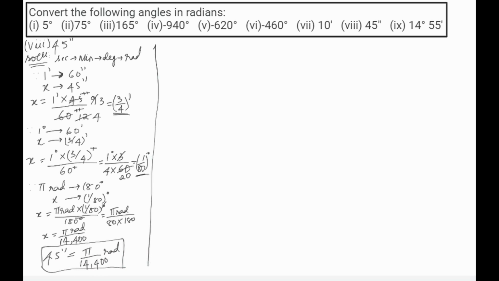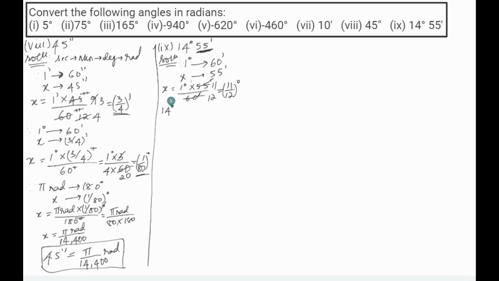And the last question given here is 14 degrees and 55 minutes. The solution is, first let us convert this minutes to degrees. So for that we know that 1 degree is equal to 60 minutes. So therefore how much is 55 minutes in degrees? Let this be x. When we cross multiply this, we get x is equal to 1 degree into 55 minutes divided by 60 minutes. So this is 11 and this is 12, and minute unit and minute unit cancel out each other. So we have 11 by 12